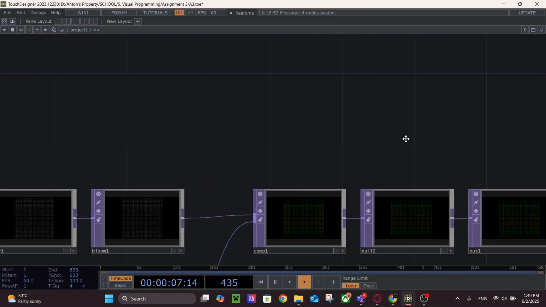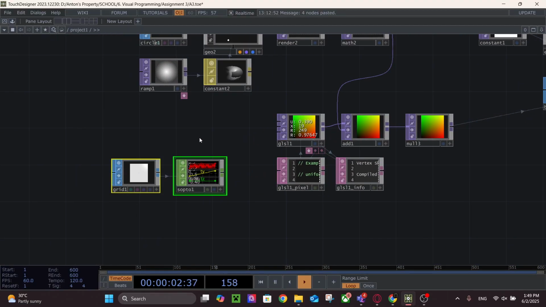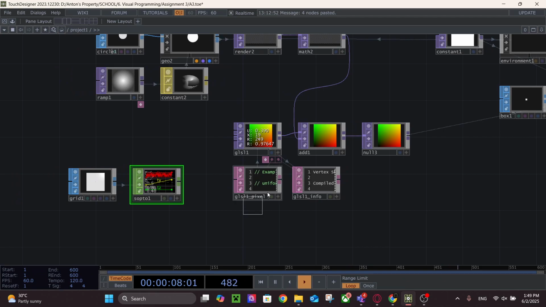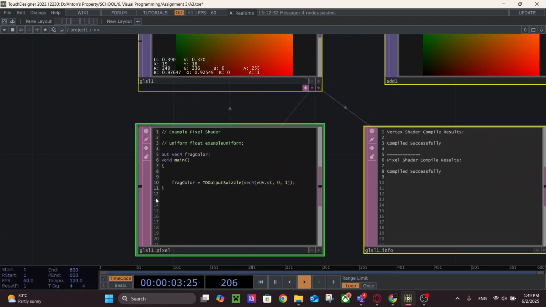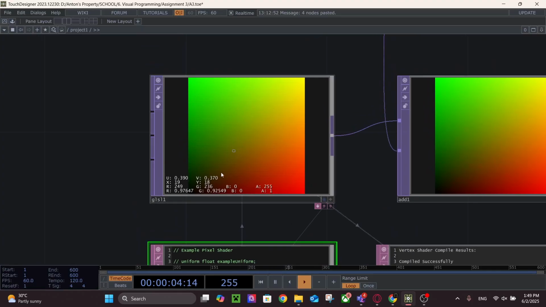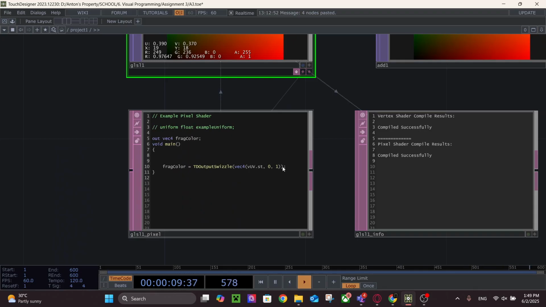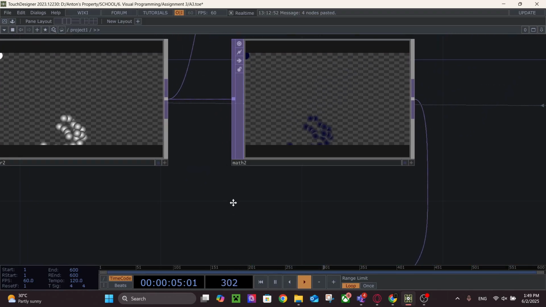So typically what folks would do is use a grid to make the squares in the background. But in the tutorial I've used, they instead use a GLSL TOP, and using the red and green values, they put vUV.st, which is essentially the coordinates of each square, and set the blue value to 0 and the alpha to 1, because the blue is only used for the hand tracking, which is here,